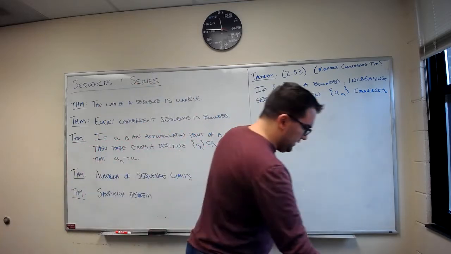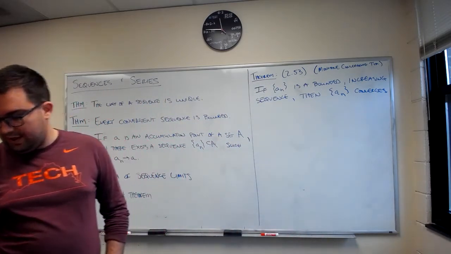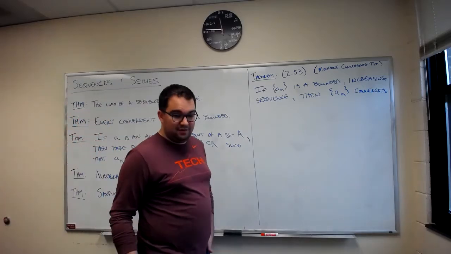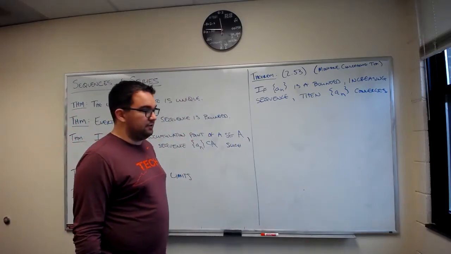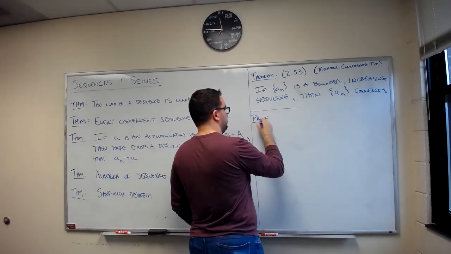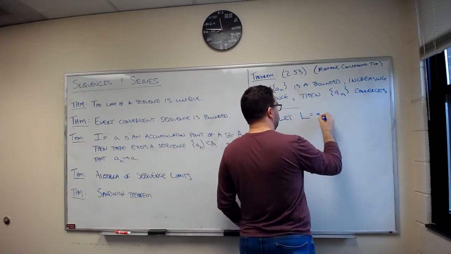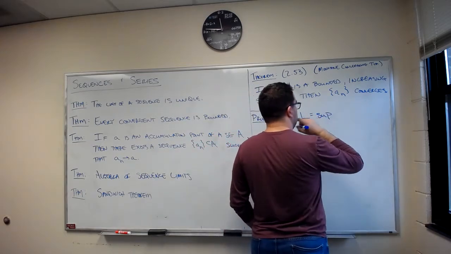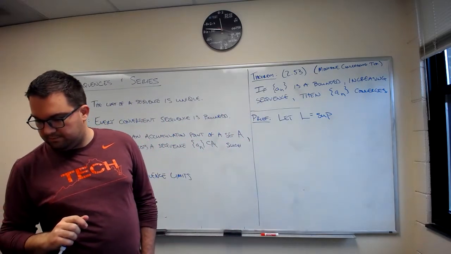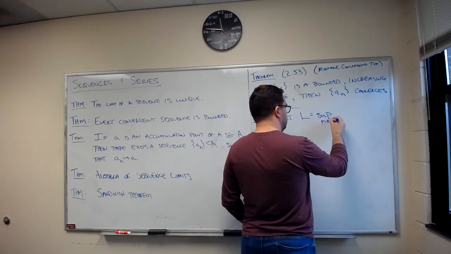All right, so let's look at how we might go about proving this. And again, as I said, the only thing we have to work with right now is actually the definition of convergence. So I need to propose a limiting value here. Proof. So I'm going to let L be equal to the supremum over all natural numbers n